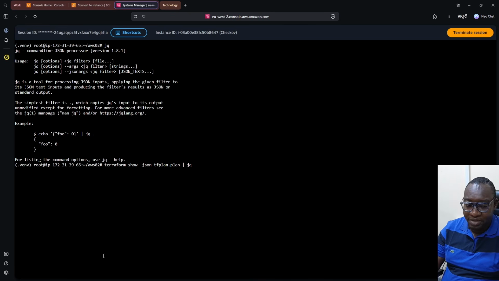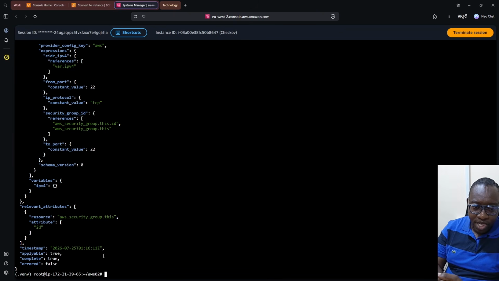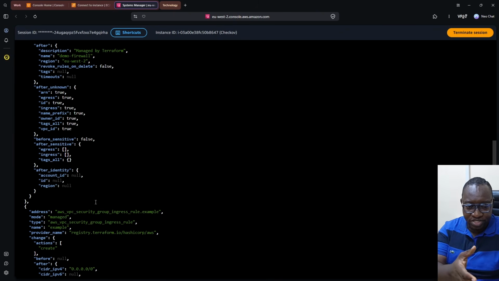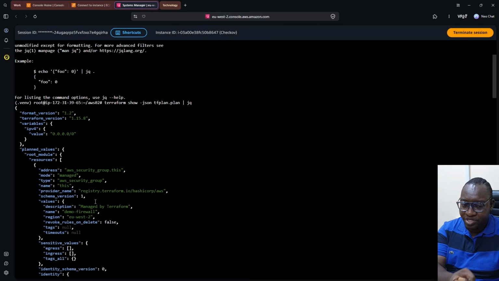If you pipe that to jq, it basically would interpret that plan file in JSON. Okay, so you can see what it has done. This is JSON. So this is readable, right? Compared to the raw